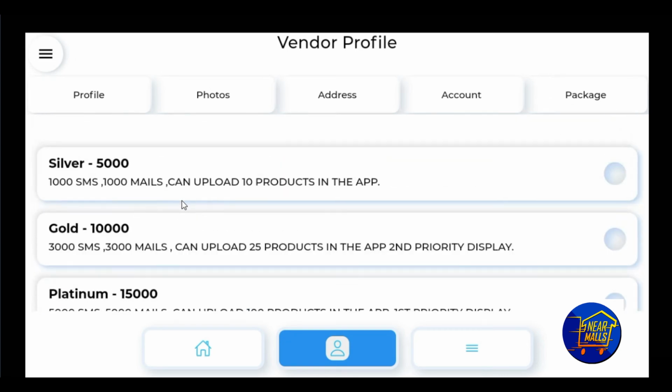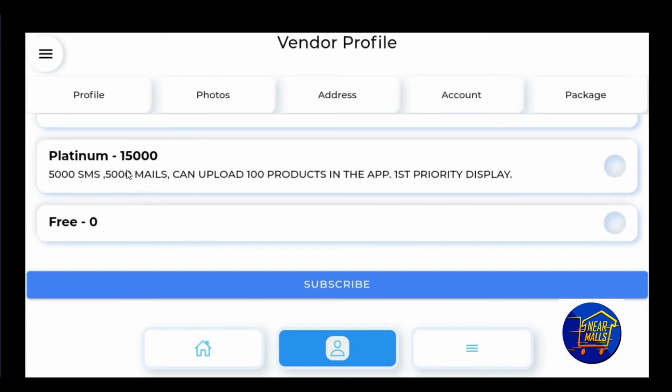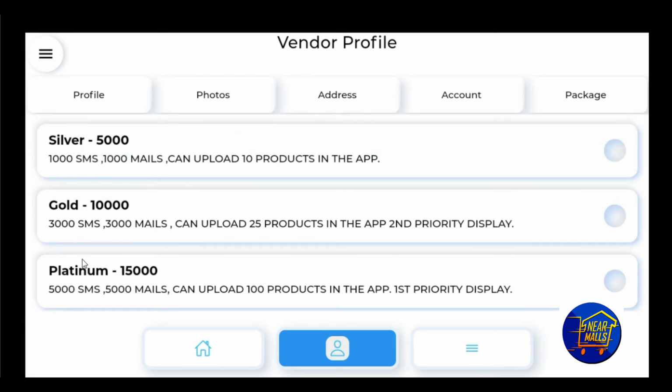If you want to use a silver package, you can use the silver package. If you want a gold package, you can use the gold package. If you want a platinum package, you can use that. All these packages have particular offers, like 100,000 SMS and 1000 mails will be given. You can upload 10 products in the app, and in the same way with gold, you can upload 25 products.